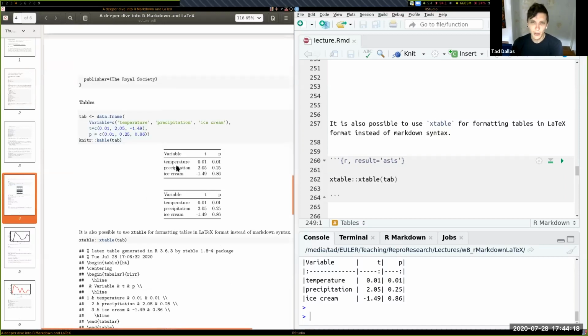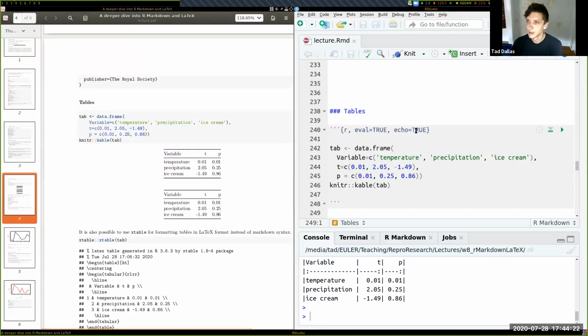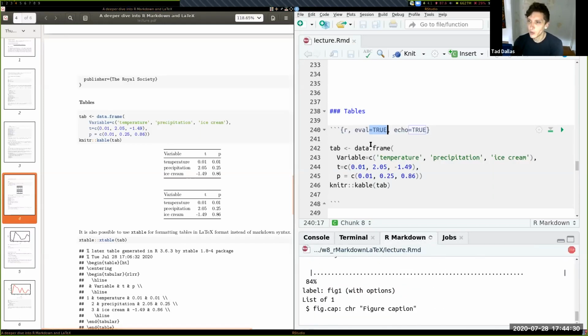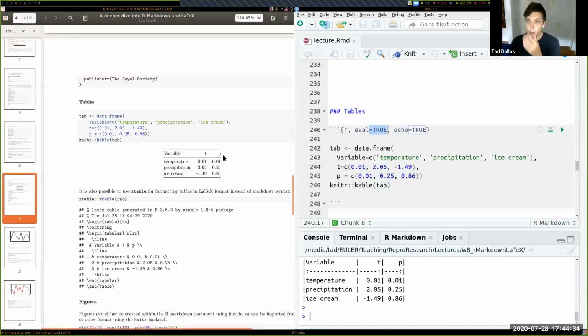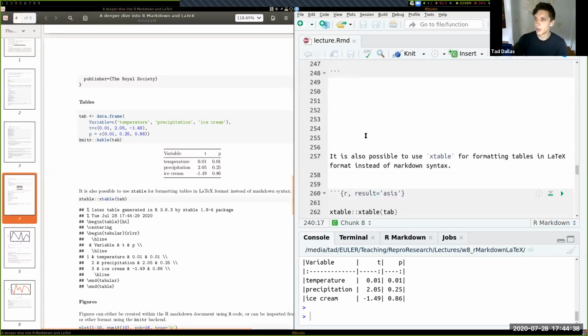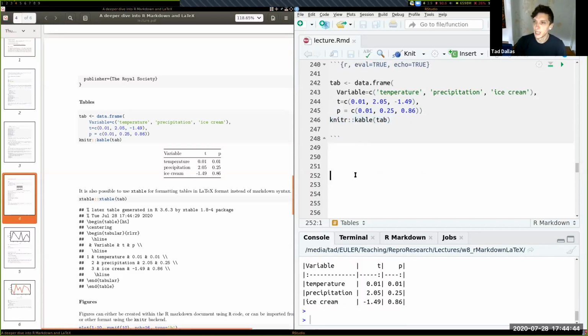Oh, because I'm saying, wait, why is it doing that? Oh, whatever. I think it's because I have eval and echo as true. No, that should be fine. I actually don't know why there's two of them there. I feel like there should only be one. Oh, there we go. Okay, so I recompiled the document and now there's only one. So that must have just been a bug from before. I apologize for that. I must have copied and pasted the Markdown formatted table down here before.